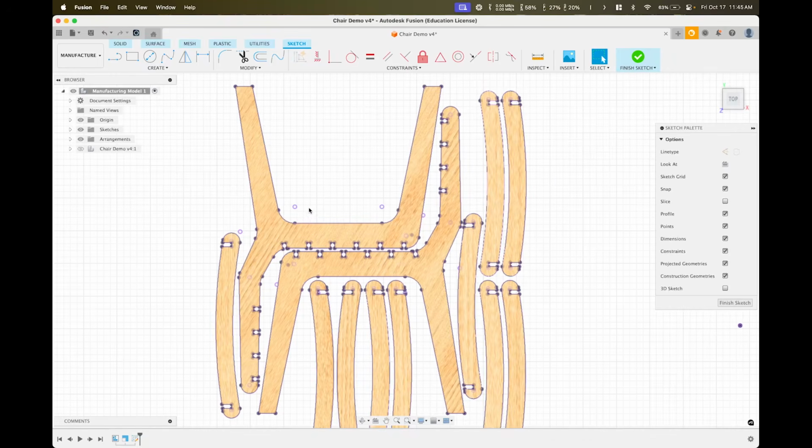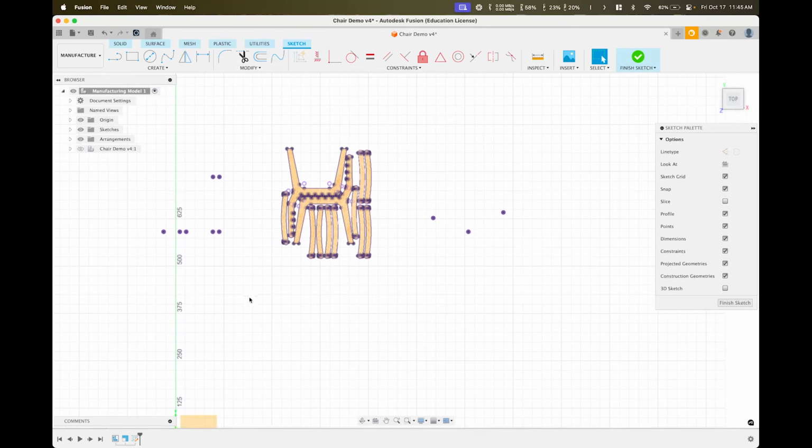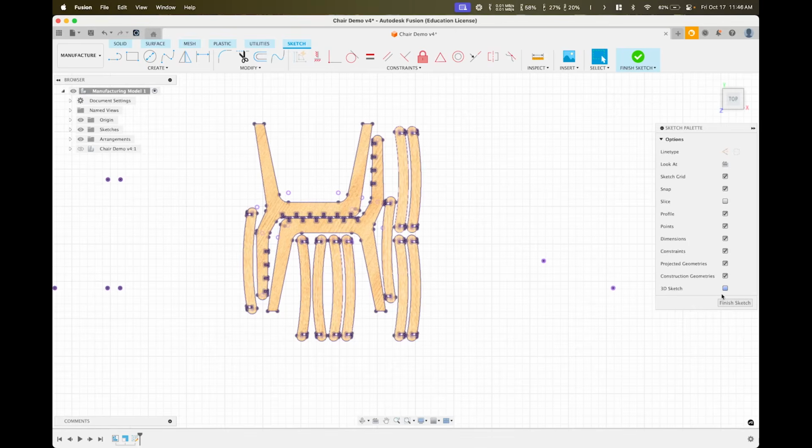And now you see a bunch of purple dots and purple lines everywhere. Purple just means that it's projected geometry. The reason that we didn't create the sketch on one of these is you would have basically double projected lines, and when you go to laser cut it would cut it twice. So we don't want that. So that's why we created this sketch on the plane rather than the surface of this. Cool. I'm going to click Finish Sketch,